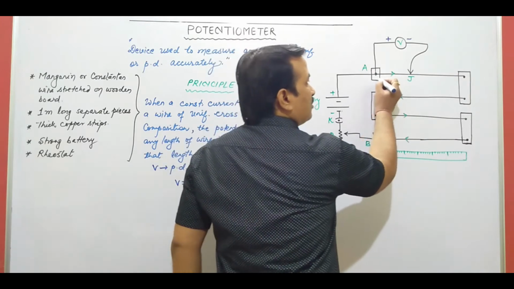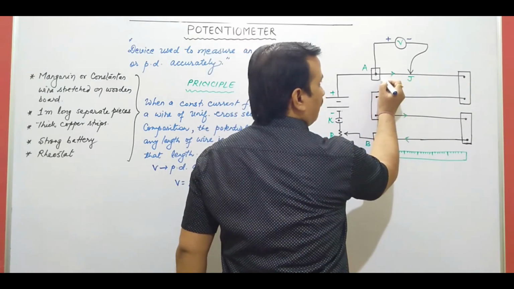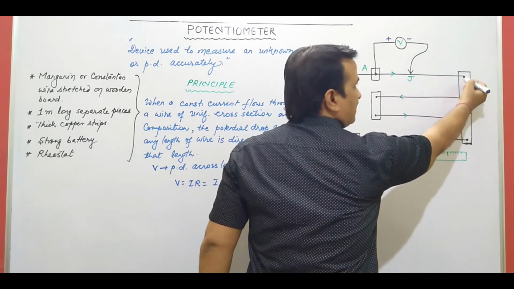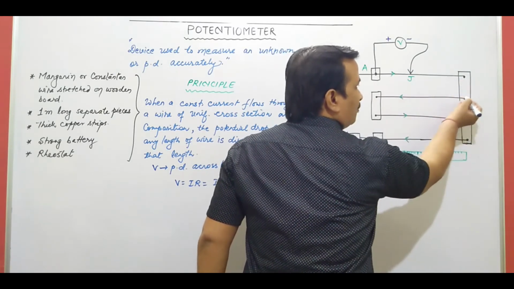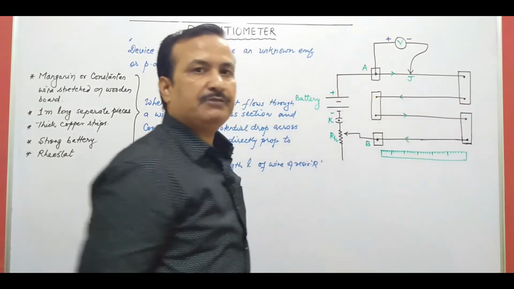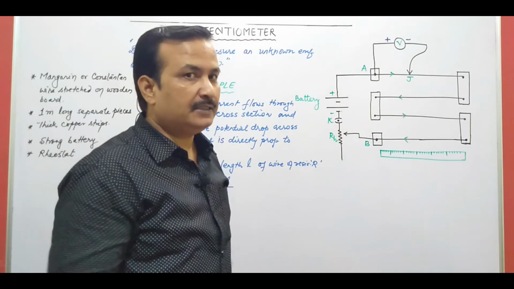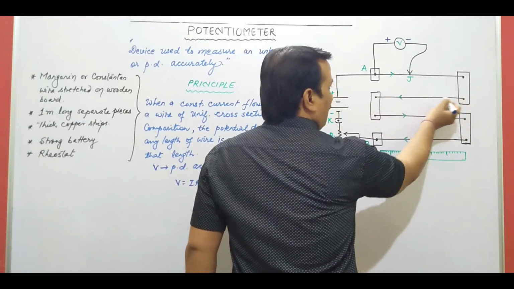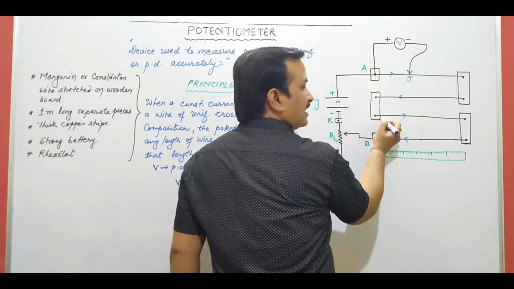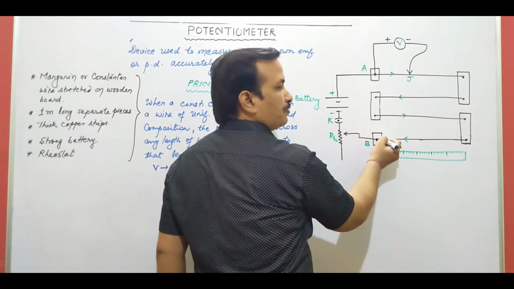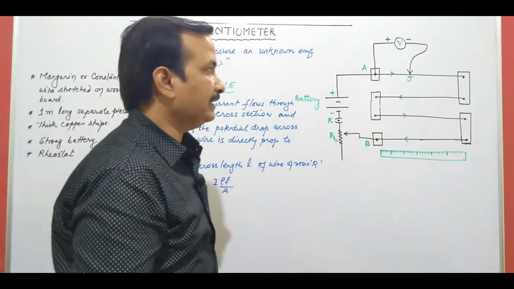So when we slide the jockey from here, it starts from 1 centimeter, 2, 3, 4, 5 like this, it goes up to here 100 centimeter. Then 101 should be measured from here, not from here. This is the common mistake which we perform during the practicals. Then 101 to 200, 201 will start from here, goes to 300, 301 will start from here, goes to 400, right? It goes like this.